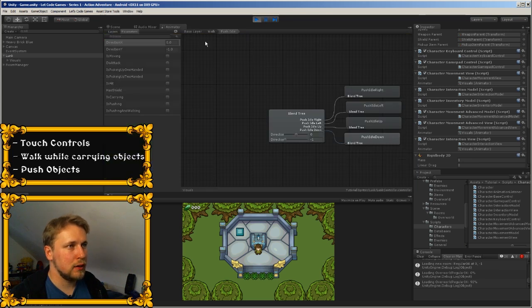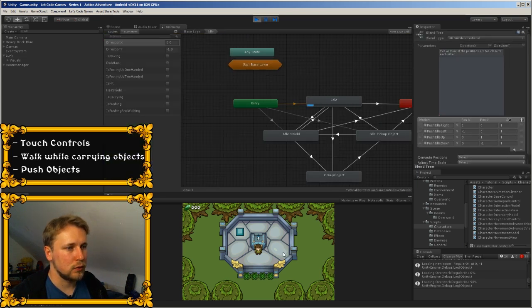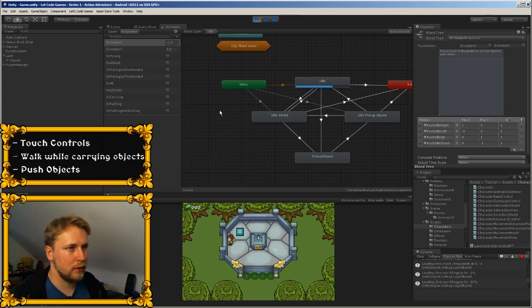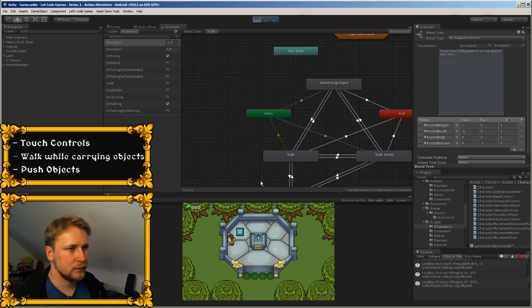Let's go to the animator. So we're in idle right now. If we walk, and then we're pushing. We're still walking, but we are in the push frame. So let's see, we walk against it, and then we push it. I mean, we're not pushing it yet, but